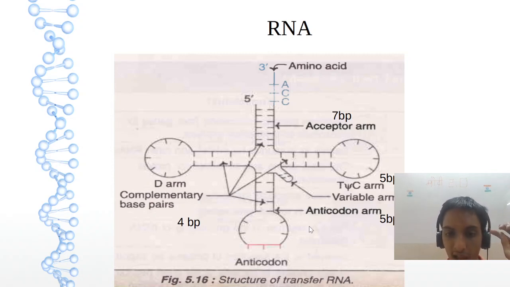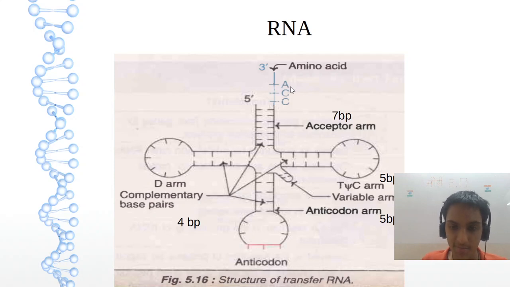And anticodon arm, you will find the nonsense codons will be there. That is the UAA, UAG and UGA. Please note down these three names I told you just now: UAA, UAG, UGA. In the acceptor arm, you are finding the amino acid sequence. Here, don't think it is ACC, it is reverse, CCA. That is 5' to 3' CCA. Okay. This is regarding the importance of each arm.